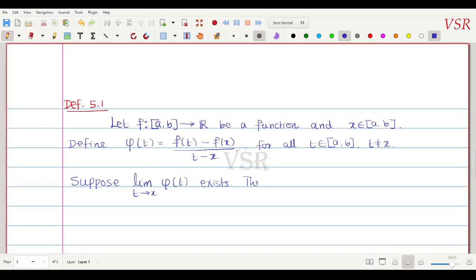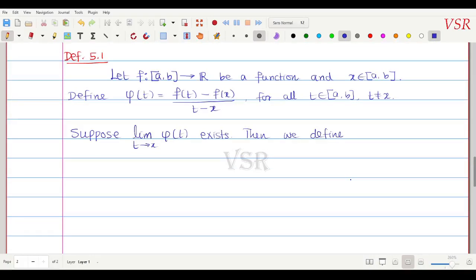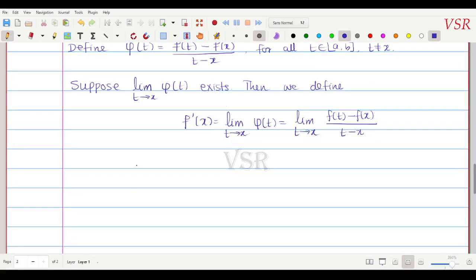Then we define f dash of x, which is equal to the limit as t tends to x of phi of t, that is the limit as t tends to x of f of t minus f of x divided by t minus x. Then we say that f is differentiable